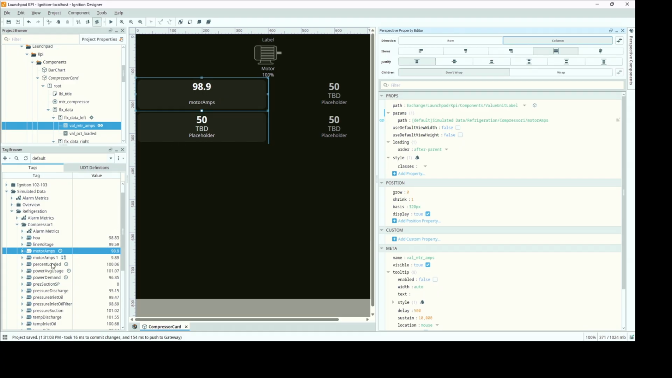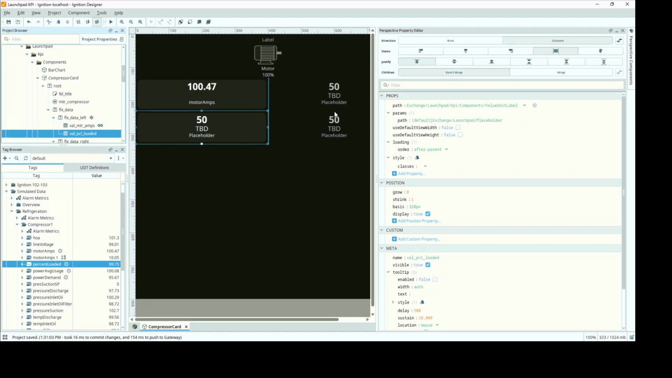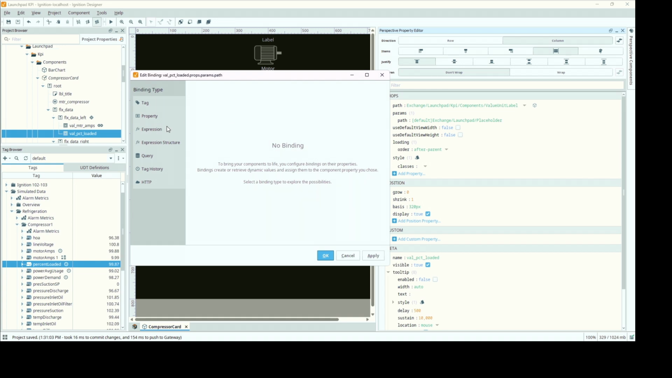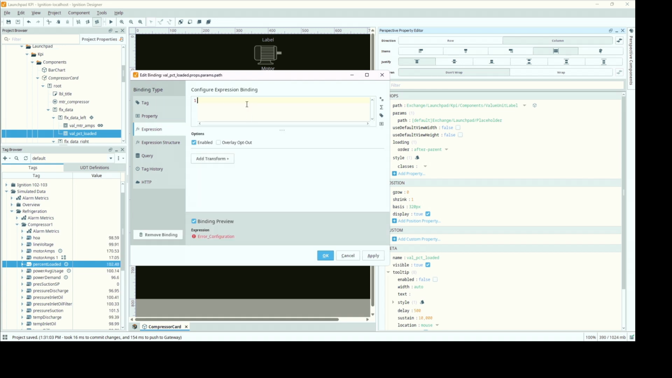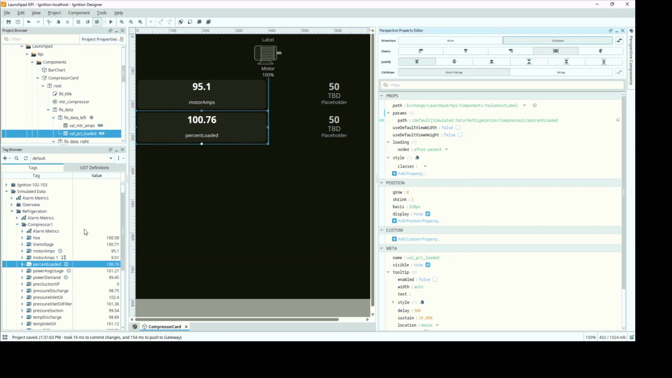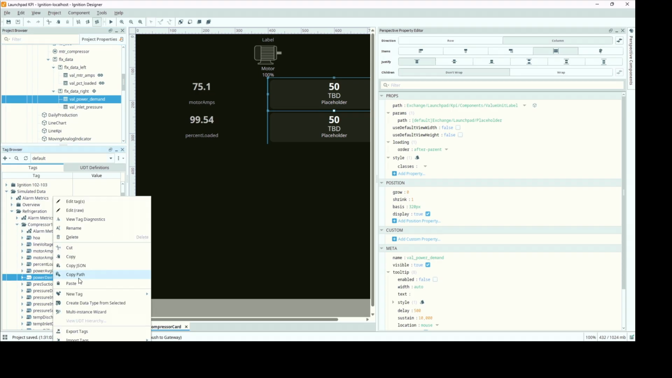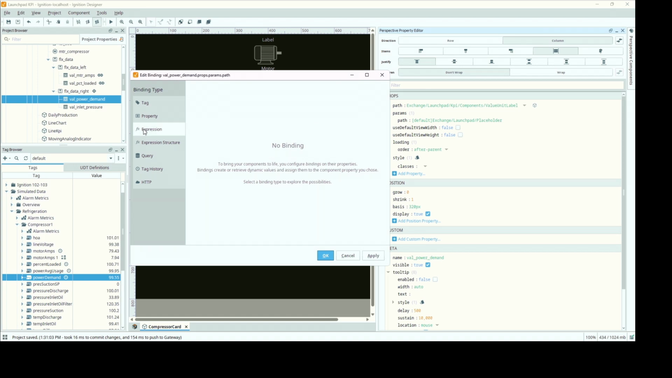So we will do the same thing with %loaded. We'll copy that path, go to our percent loaded widget, go to our path property, clear out everything we don't need, and add that to params tag path. Then we will go to our power demand widget, copy that tag path, edit the path binding expression,